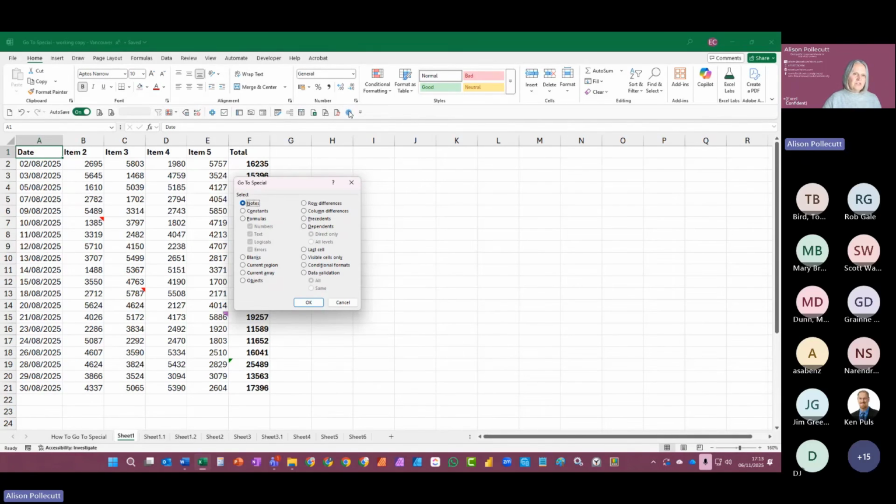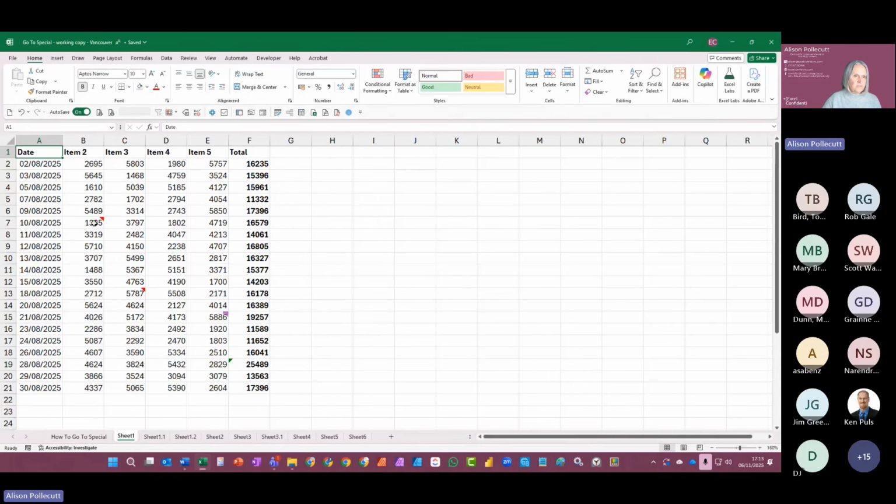Now, if you have a look at my spreadsheet, you can see that I have got a little red triangle in this cell here in B7. I've got a little red triangle in this cell here. In fact, let's come out of them and let's look at our notes. We've got a note here. This is not a big number. I've got another note here. This is quite a big number, but I've got a new style comment, and this says